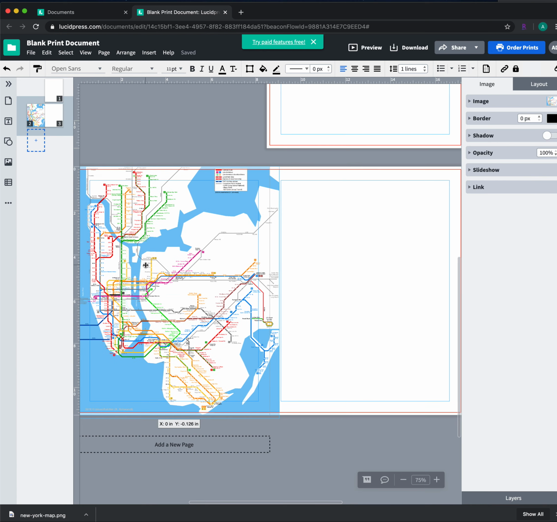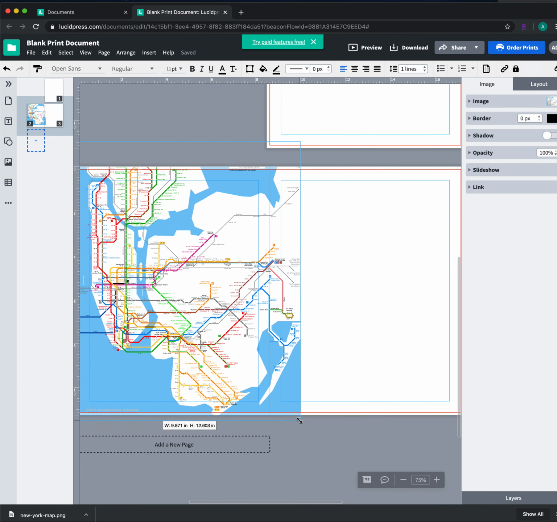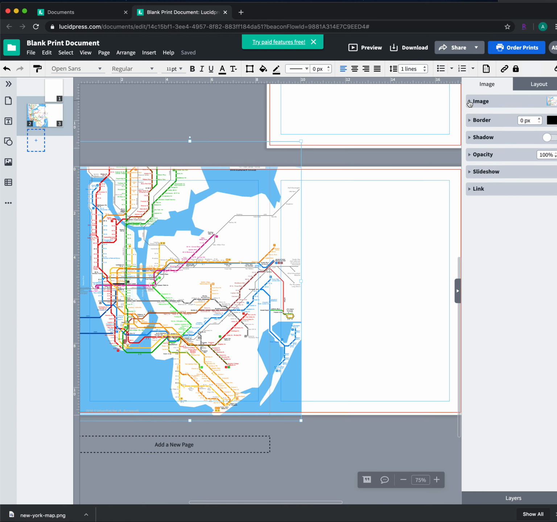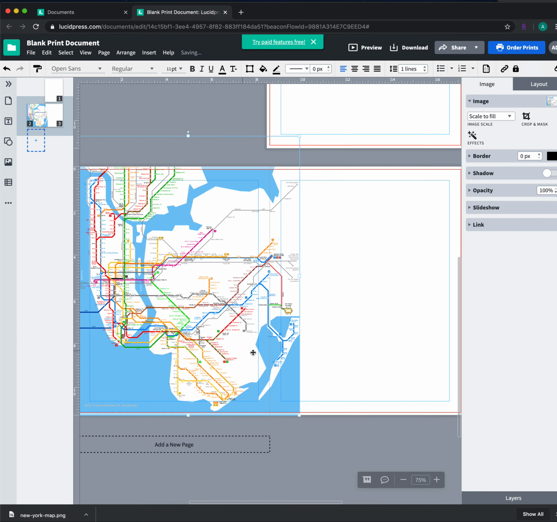If you don't like that approach, and or you want to crop off, let's say you want to crop the key off in your scenario, do whatever scaling that you have to do, and then we're going to do some image adjusting. It's got a crop and mask, and that's the approach we're going to take. So for right now, mine says scale to fill. I've got it oversized on purpose. I need to make sure it fills the bleed, left, right, and top. But at the center point and above, I've got some parts that are cropping off. I don't care about the part that goes over on the top. I do care about the part that goes over the center line,